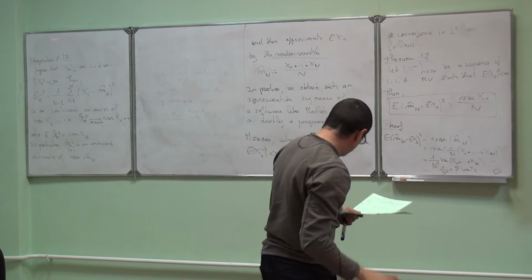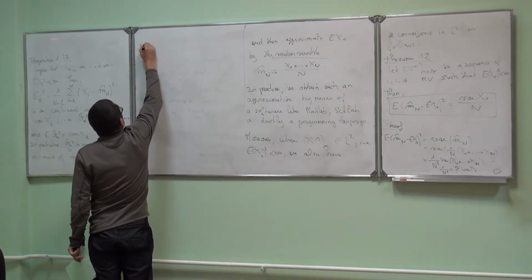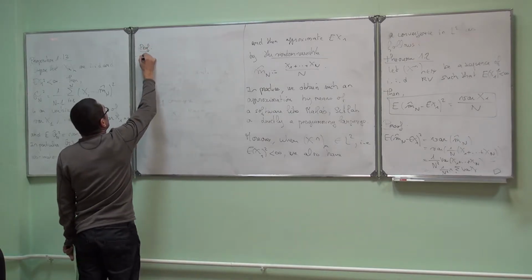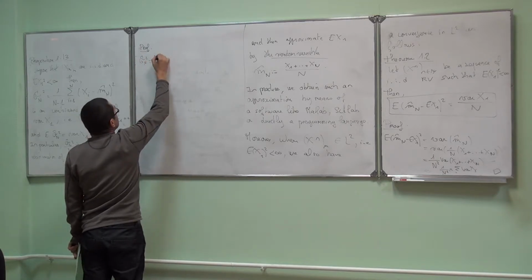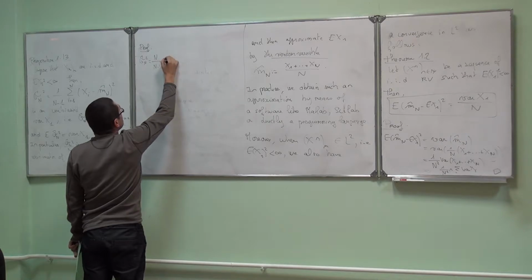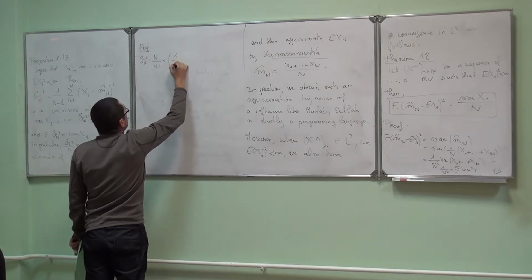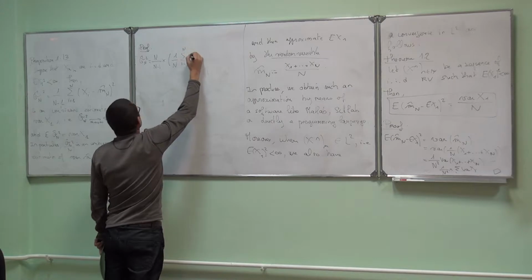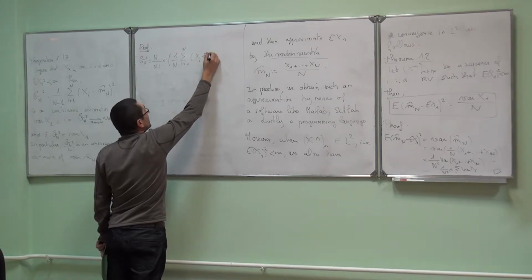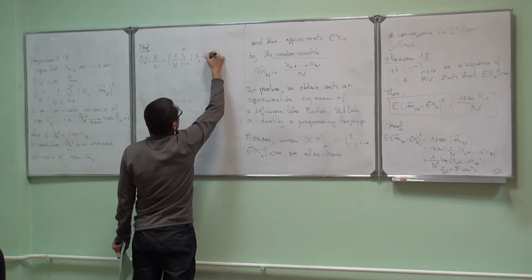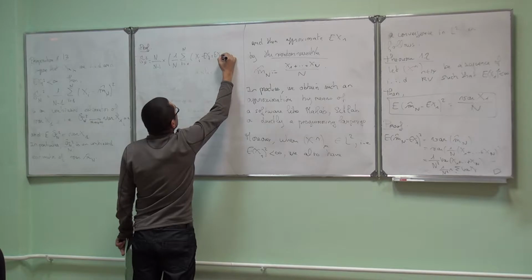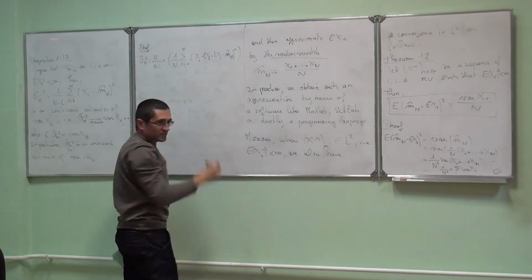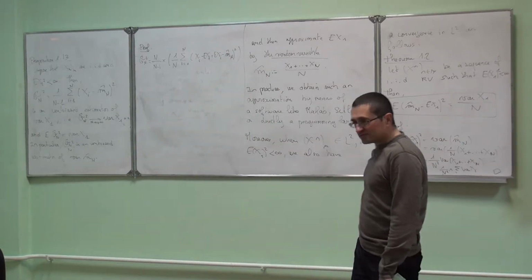The proof is also rather simple. You rewrite sigma hat n square as n over n minus 1 times 1 over capital N times the sum, and you split the sum as follows: xi minus expectation of x1, plus expectation of x1 minus m hat n, all squared, so that you can split the sum in two parts